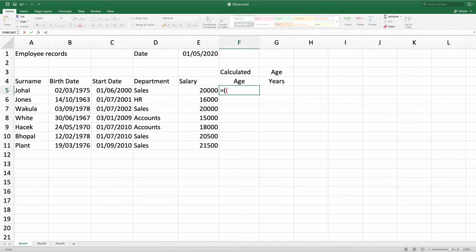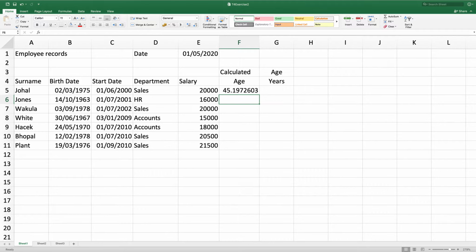So I'm going to go E1. I need to put a dollar sign, so I'm going to put a $ before the E and a $ in between the E. I'm going to minus that from the birth date. Close my brackets as I'm telling the computer this is what I want you to do first. I want to then divide by 365, and I'm going to close the bracket again, so that I'm telling the computer this is what I want you to do after. I'm going to press enter,